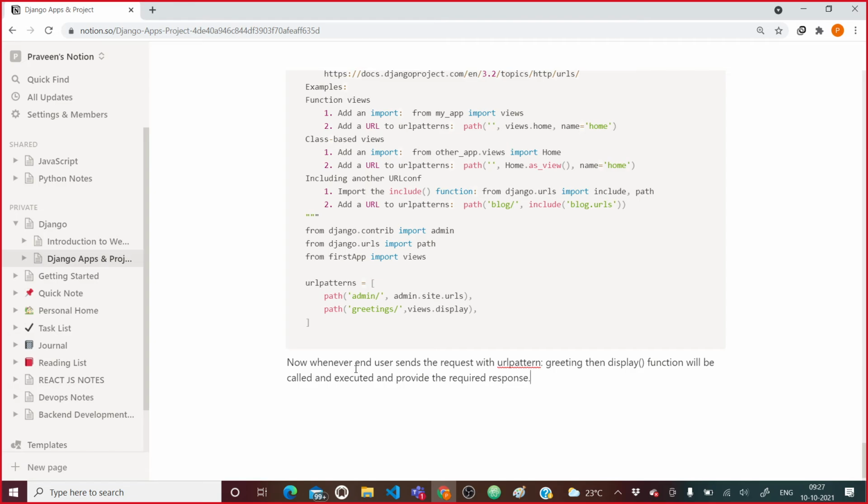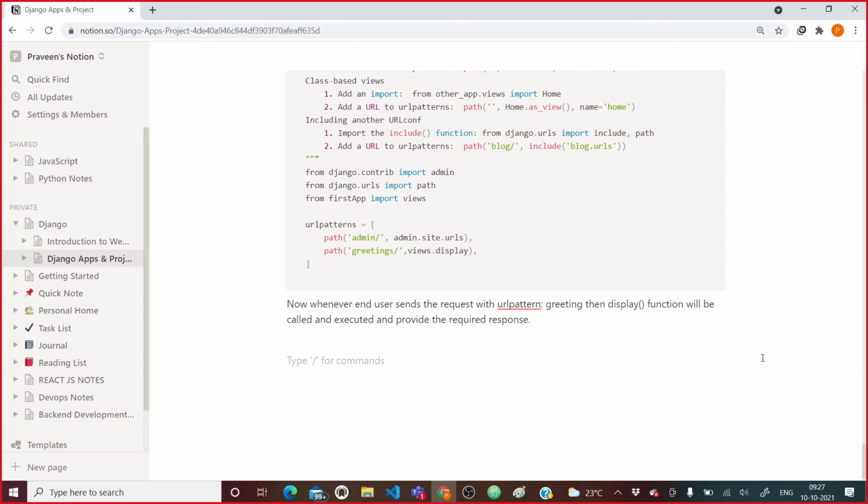Now we have completed all the things, so what rest do we need to do? The next thing is we need to run our server. So, starting the Django server. First, how to start the Django server?